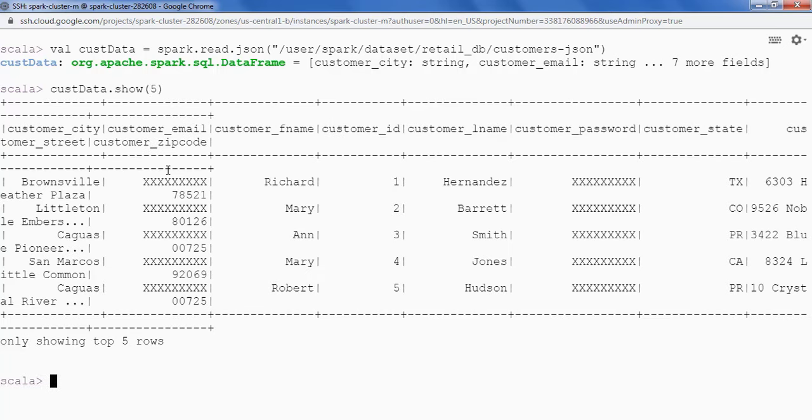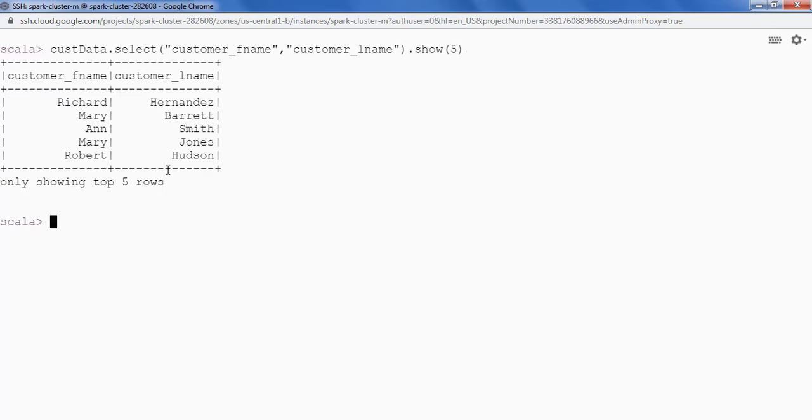This is how the data looks like. Let's say we want to select only a few fields here. We are only interested in customer first name and customer last name. So we can say customer_data.select customer first name and customer last name .show. Now we can select specific columns from the entire data frame. We have selected customer first name and customer last name from the data frame. So this is how we can work with